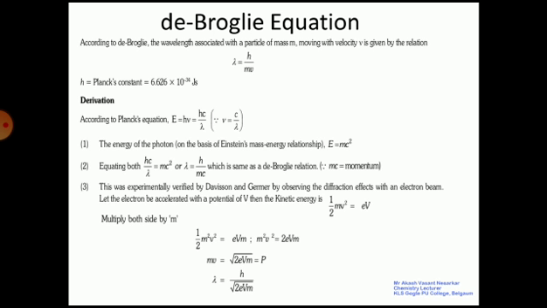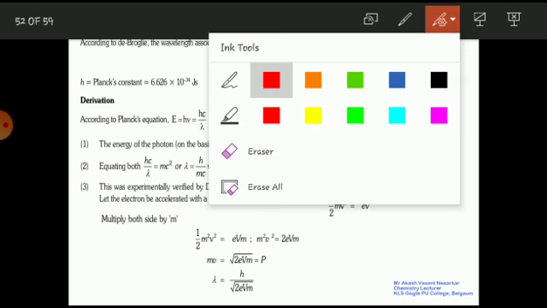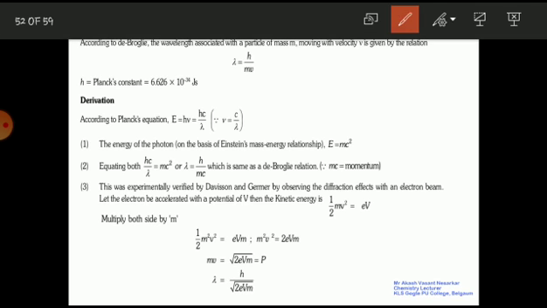Any moving particle has two properties, wave and particle nature. The wave associated with a particle in motion is called a matter wave. So a subatomic particle like an electron can also have both momentum and wavelength. With this analogy, de Broglie gave the following relation between the wavelength and the momentum